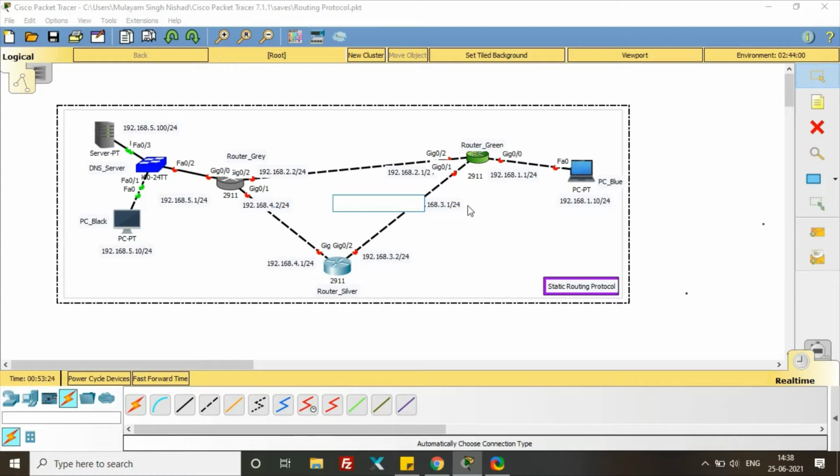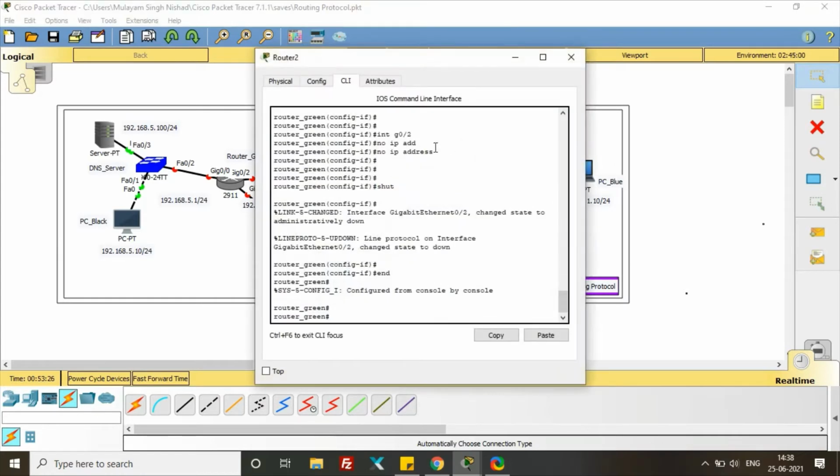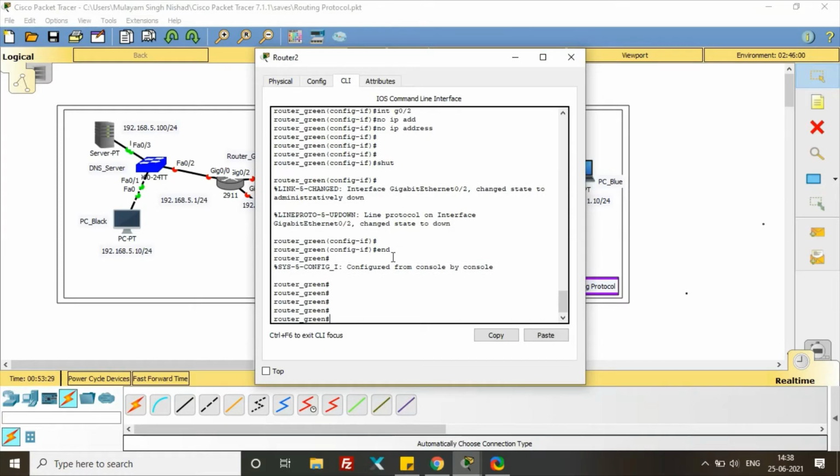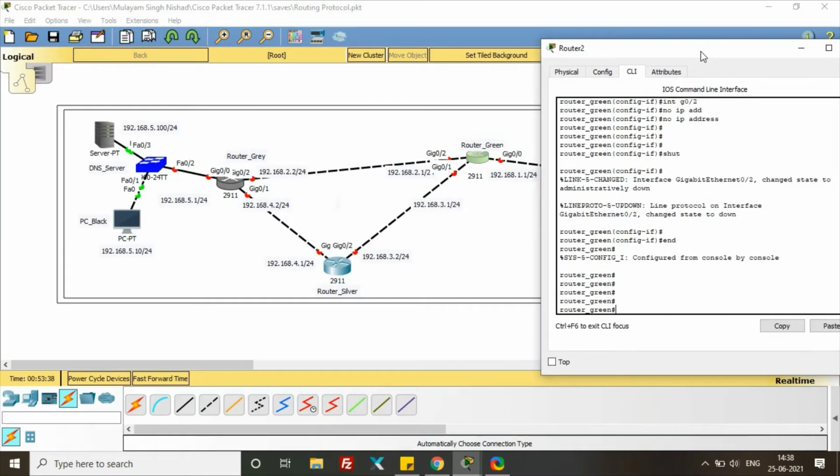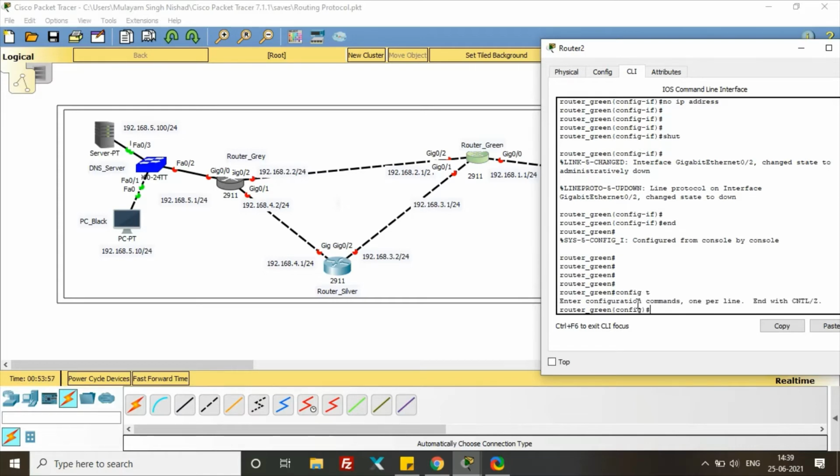Go to router green, click on the router, and then go to the CLI. I am putting it on the left side so that you can easily understand which IP should be configured on which interface. Config terminal, interface gig 0/0.